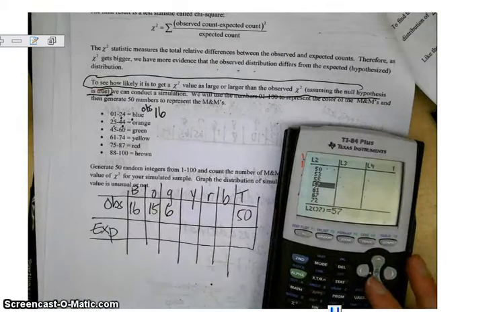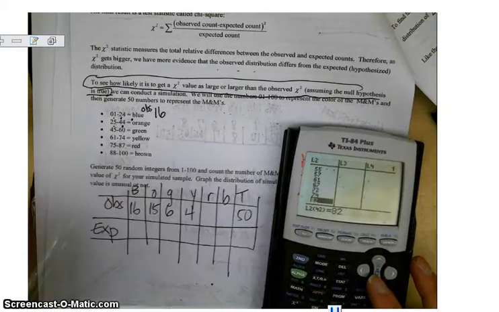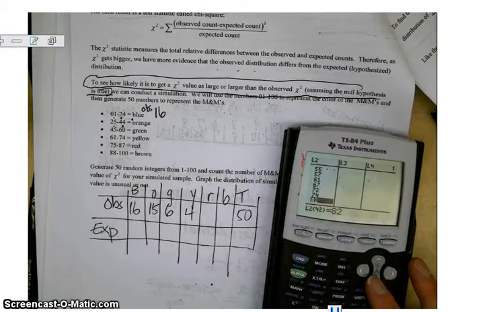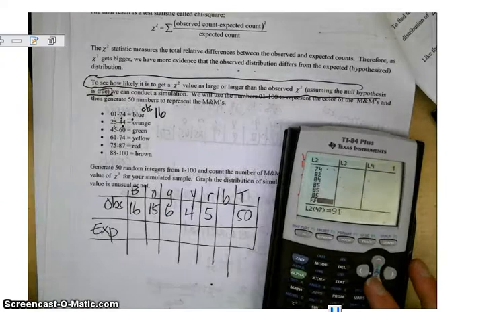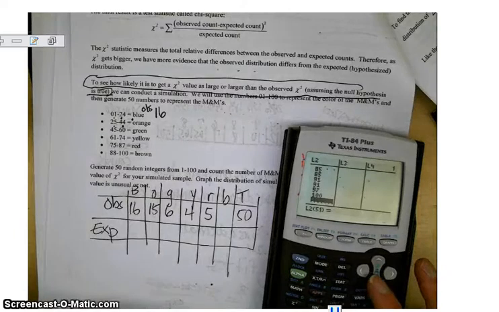Yellow would be 61 to 74, 1, 2, 3, 4, so 4. Then 75 to 87, 1, 2, 3, 4, 5, so 5 red. And then 88 to 100, 1, 2, 3, 4, so 4